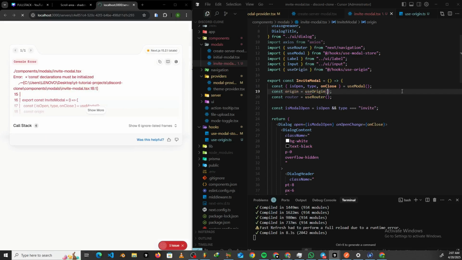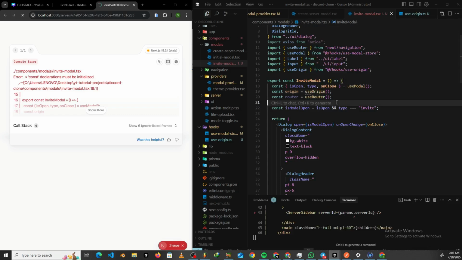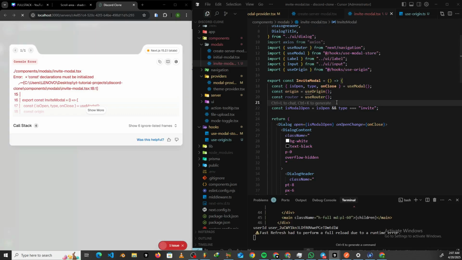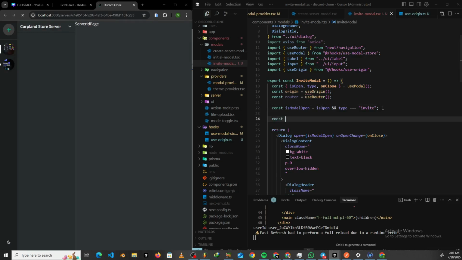Then we initialize it nice and clean like that. Alright, so now that we have this useOrigin that we imported here, we want to set up the invite URL. For the invite URL, we just come below here and say inviteUrl, and we set it equal to, we open our backticks and say origin, and we set it to be invite. So invite slash